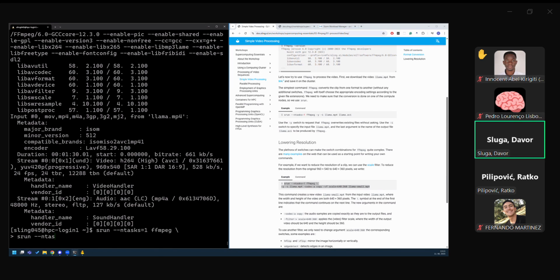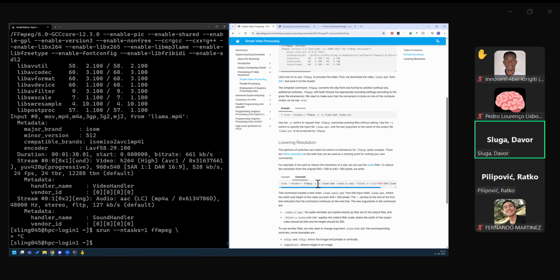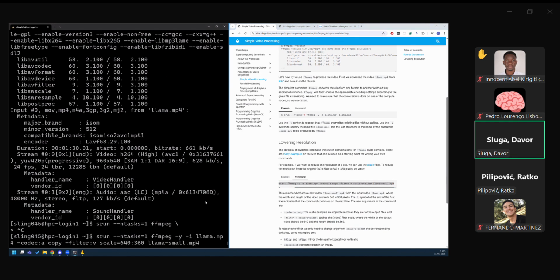I messed up. Here. Copy, paste. Okay, and now what this does is it runs one task on a certain compute node, and it